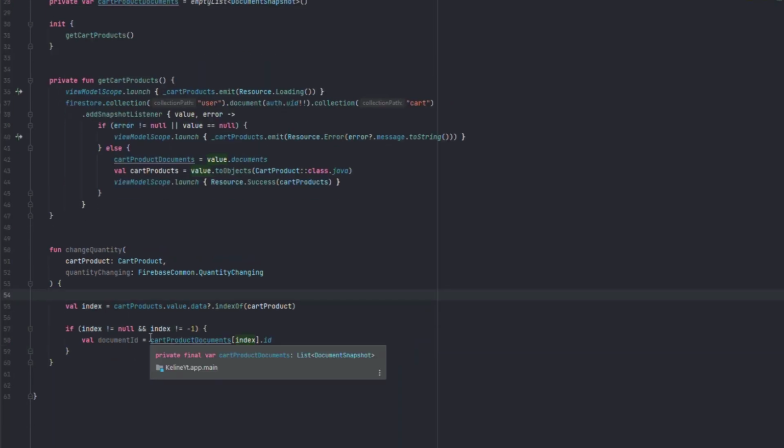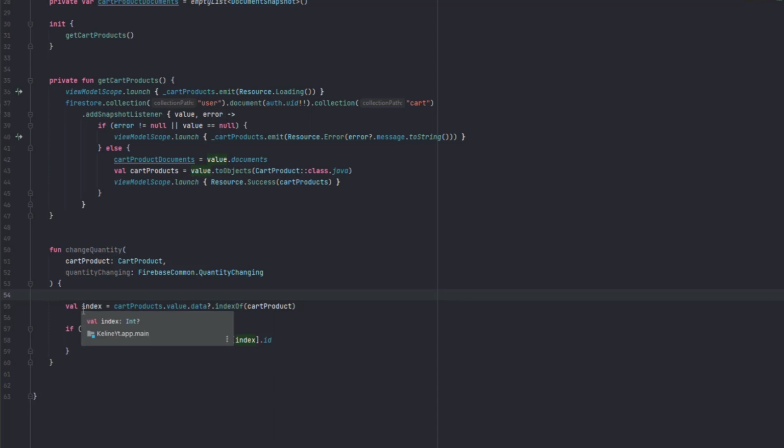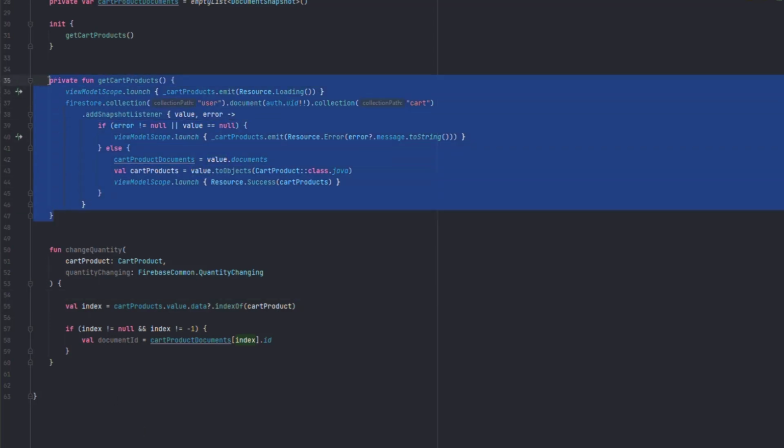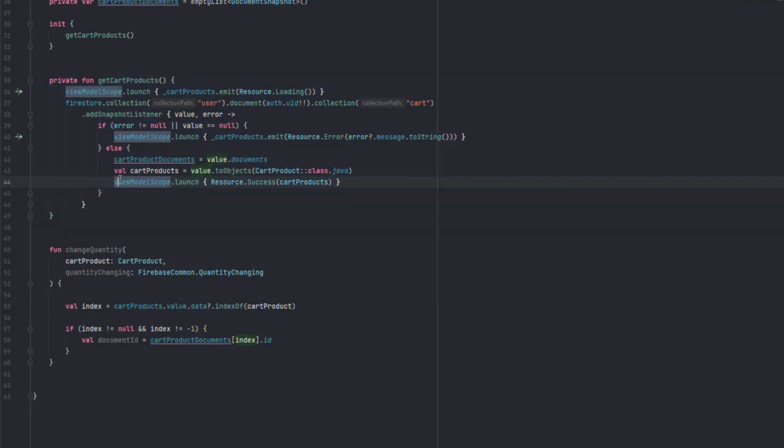And if you are wondering why it might be -1, the reason is because if the user actually spams the button of increase or decrease, this function will not guarantee that it will change our state as fast as the user pressing the button. So there's a little bit of delay. So for that, this will actually crash if we don't include this and the user spams the increase and decrease button,